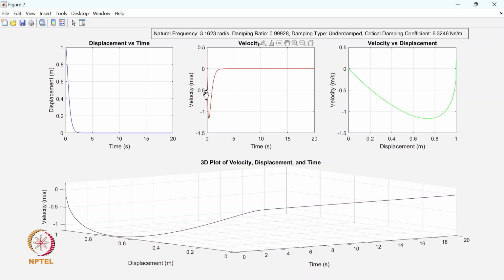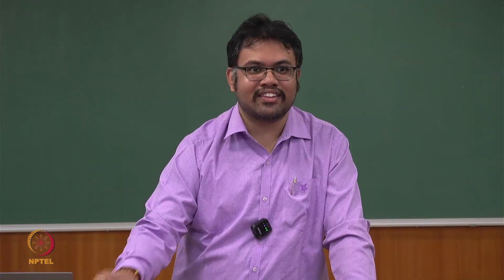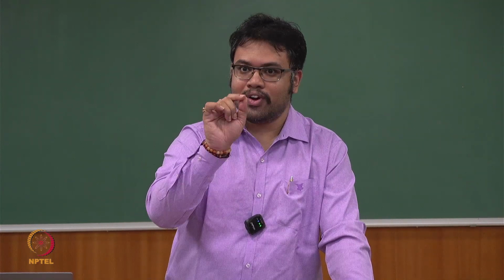This also just goes, comes, and then becomes 0. So velocity has a reversal of sign here, but displacement does not. It's not crossed. It just stays at 0. So this way we can get that. Okay, although it was a little bit underdamped, because if you see exactly the value was